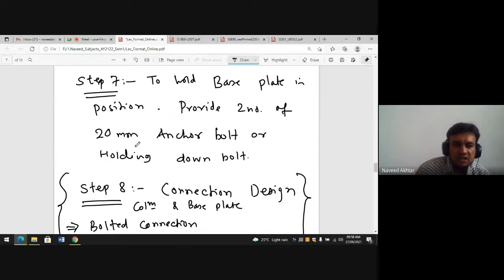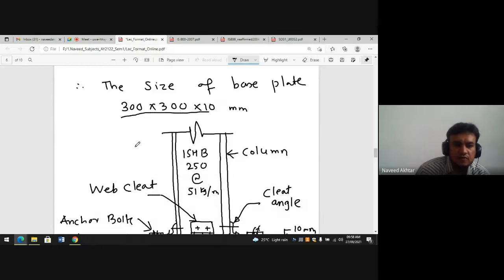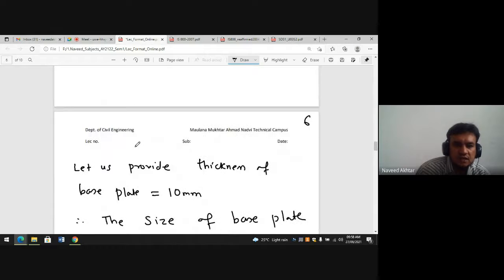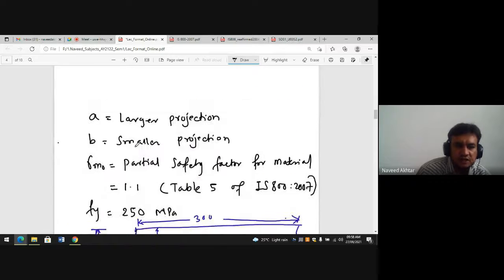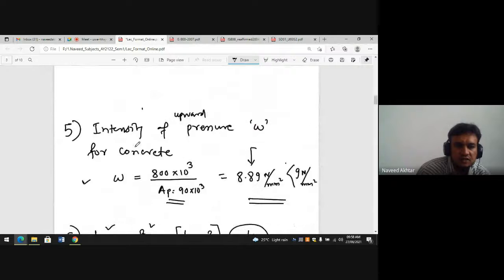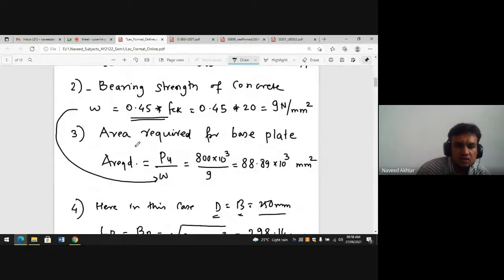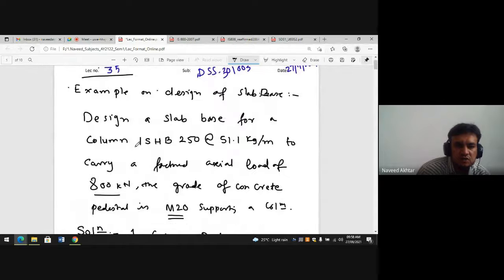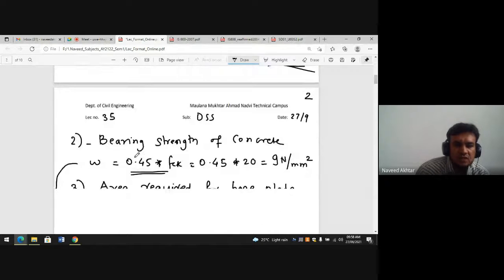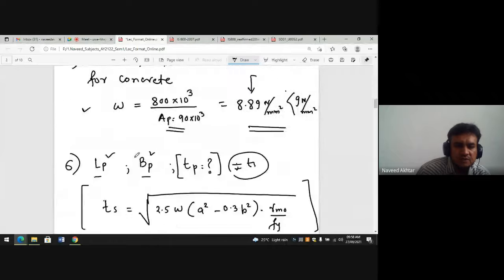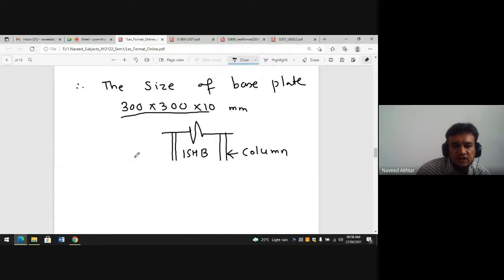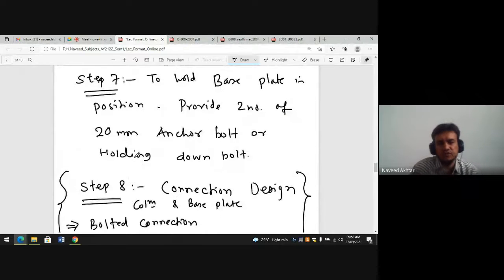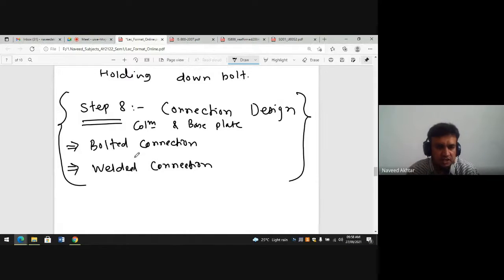So you complete all these 8 steps, your design of column base plate, and base plate is designed for the axial load only. There is no moment. Okay, so that's why only the holding down bolts you can provide, two number you can provide. Okay, to hold the plate in position, minimum 2 number bolts will be provided. If there is moment on your plate, then you have to design the holding down bolt also. So this is what about today's design of your base plate.